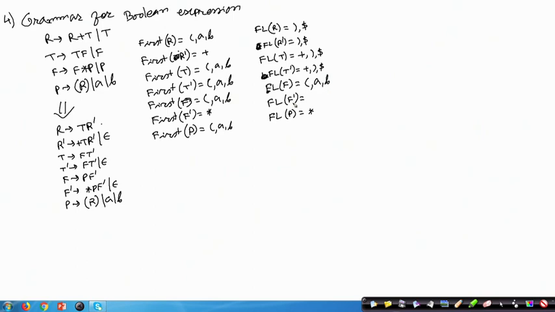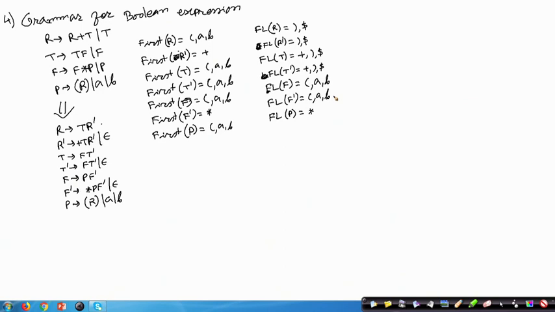Then follow of F dash. Follow of F dash tells that whatever is in follow of F will be in follow of F dash. What is there in follow of F? Follow of F has open parenthesis, A, B, so they will be in the follow of F dash.